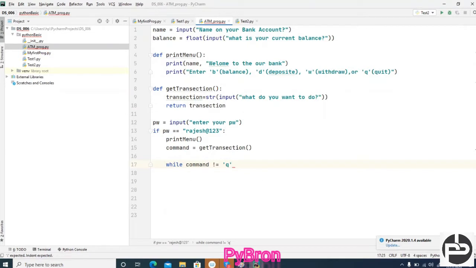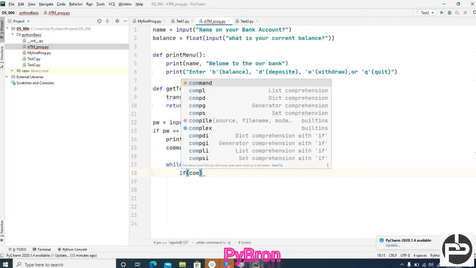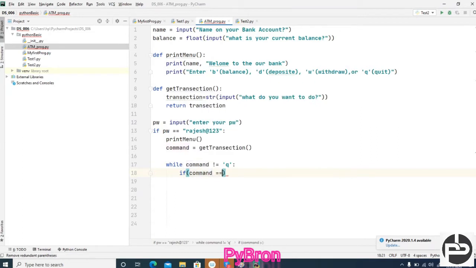If the user is passing the q, it means until the user is not passing the q, we have to execute our code. Got it? You have to do this, guys. If I'm not writing the complete code, don't worry, I'm just giving the template of the code. You have to do a lot of things here.